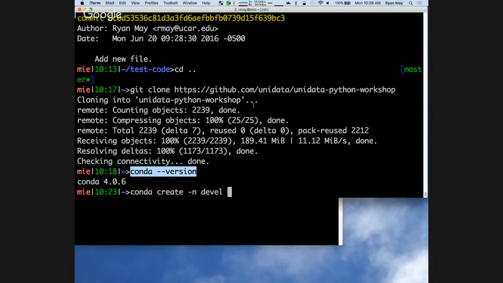So what have I created now? Devel, is that a file? It's the name of an environment that corresponds to a place where you're going to be installing Python packages. Does it occupy memory? There is a directory on disk where it tracks the metadata for all the packages you've installed.